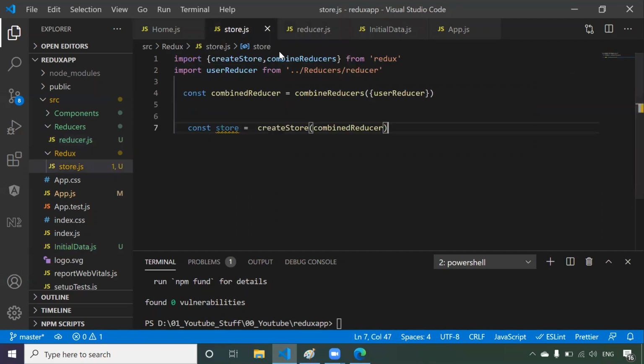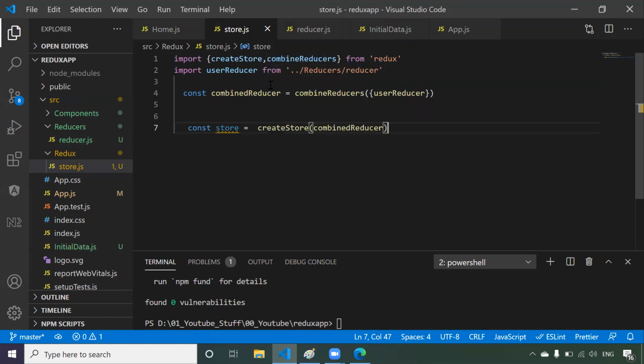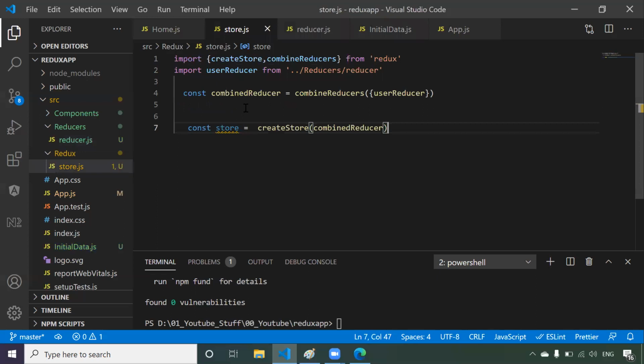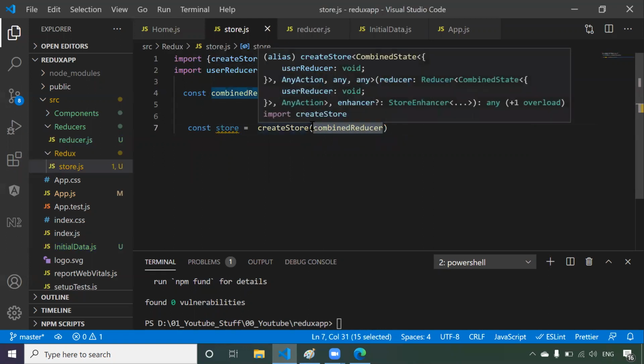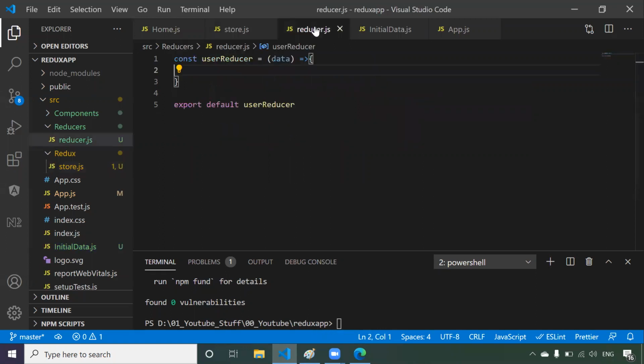To register with the store, there might be chances where we will have more than one reducer. So for that, Redux says I have one method called combineReducers. Just combine all the reducers and give me the root reducer, one common reducer. So we called combineReducers, passed this particular reducer, and it will combine and give a combined reducer. Now this combined reducer we have registered with the store by passing it as the first argument. It means we have registered, right?